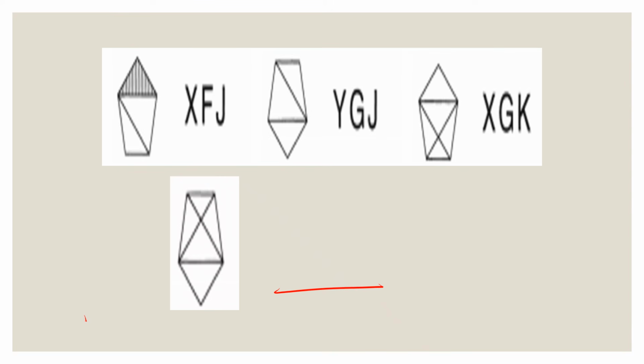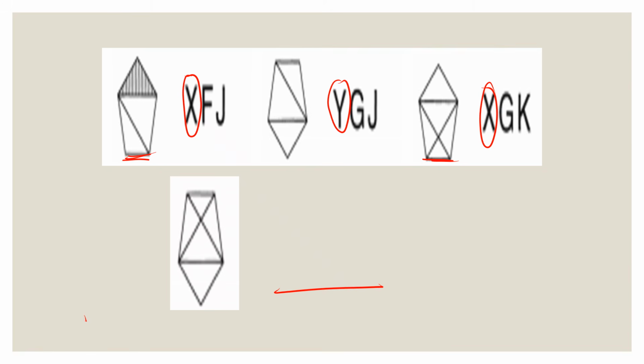Alright, so if we look at the letters, we have X in here and then X in here. What's common between the first and the third image is that they are upright pentagons, in contrast with the second one, which is the letter Y, an upside down pentagon. So we have our first conjecture: the letter X would indicate that the pentagon should be upright, and the letter Y would mean that it is an upside down or inverted pentagon.